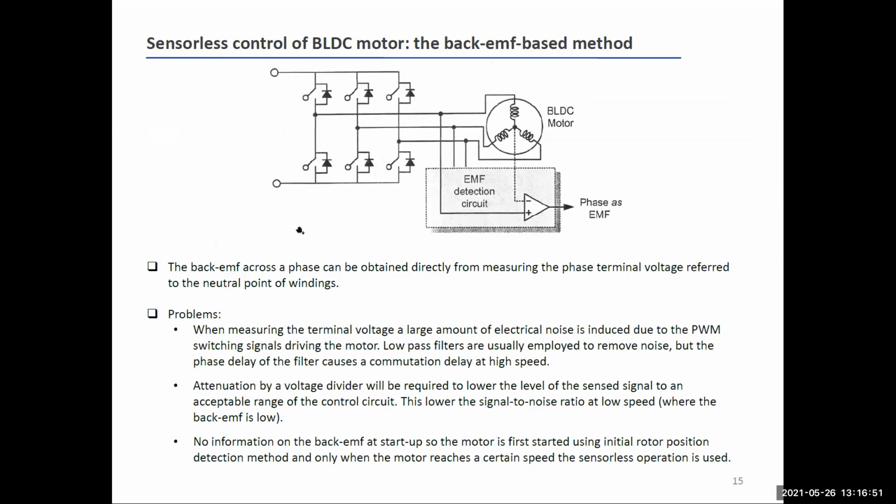And then only when the motor is starting up and you have, say, operating speed and then back EMF, then you can use this technique here, okay? So I just want to put on the table all the possible problems for that circuit. Basically, it can be employed. Maybe the accuracy of this technique is not so good, but